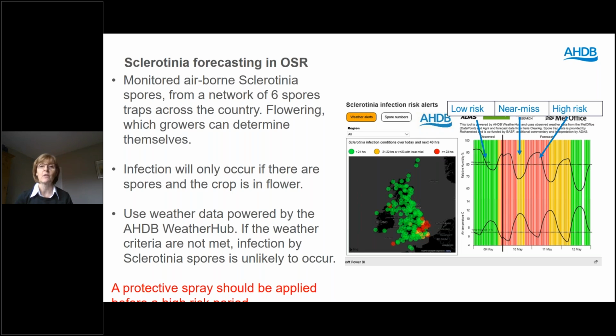And this is again back to that threshold. Unless we've reached those environmental condition thresholds and your crop is in flower, then you're unlikely to have a risk episode within your crop. So you can see in the graph and the picture on the right hand side there